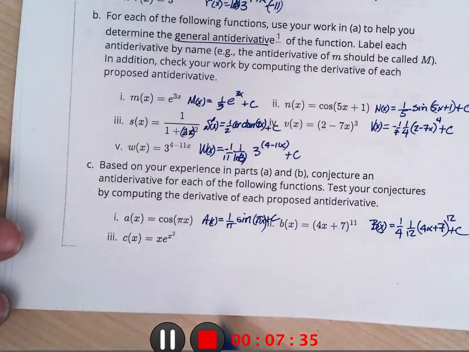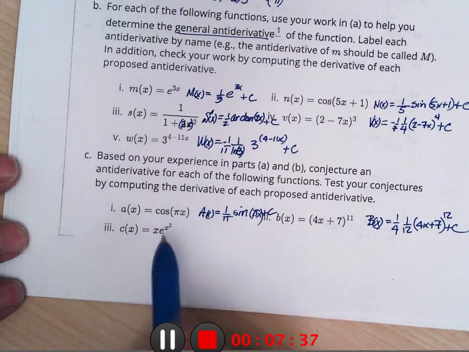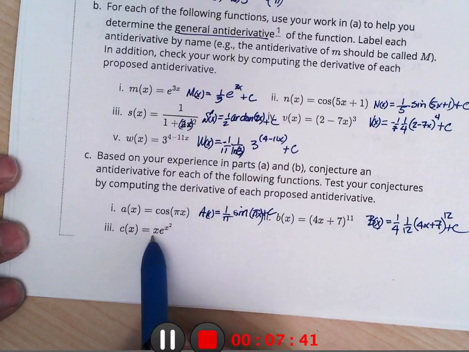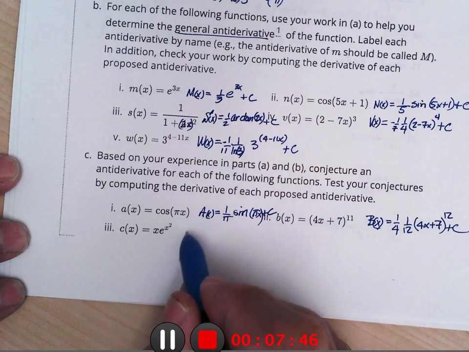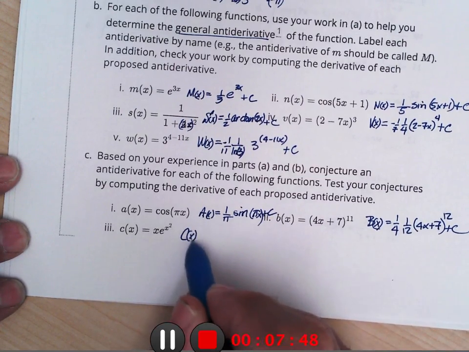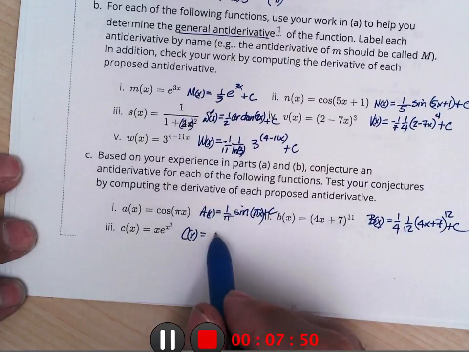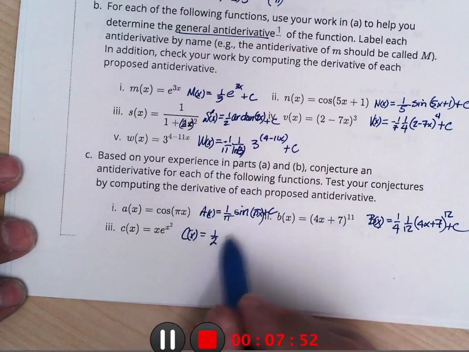And this one, see, the derivative of x squared would be a 2x. Well, there's an x, but it wouldn't have the 2. So we'd have c of x equals